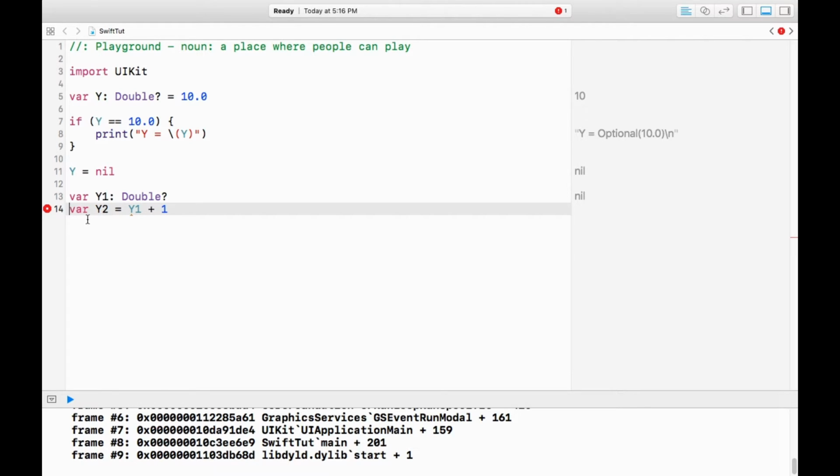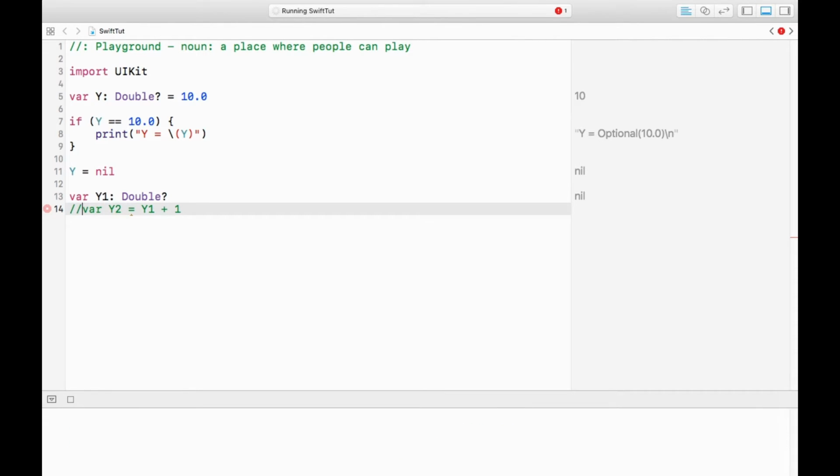So the reason for this is the unwrapping concept that I talked about earlier, and it's not the fact that y1 has not been assigned a value,